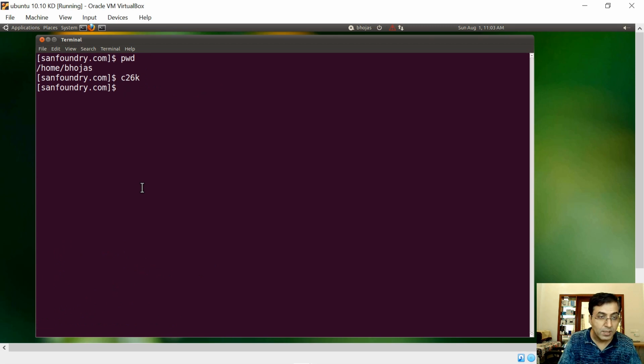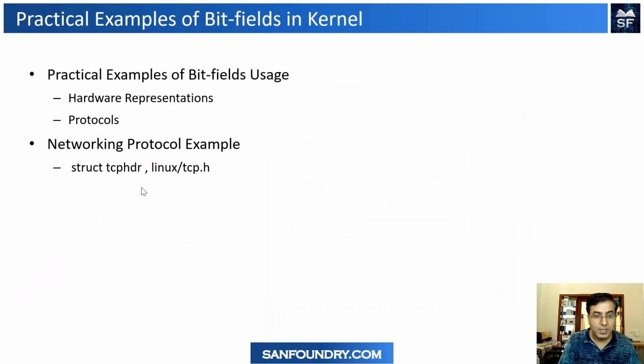You can have hundreds of examples of the usage of bit fields in the kernel. So you can always look at the kernel source code, and try to see, if you have knowledge about some of the other subsystems, other drivers, other protocols, CPU, many things are there. Even when we work with CPU programming, when we have to switch from kernel mode to user mode to kernel mode, how do we do it? We have to flip a bit. Similarly, if you have to enable the virtual memory architecture in the kernel, then you flip a bit. These are bit related operations anyway. So the C language always comes to our rescue. C is the language for a lot of system level programming.